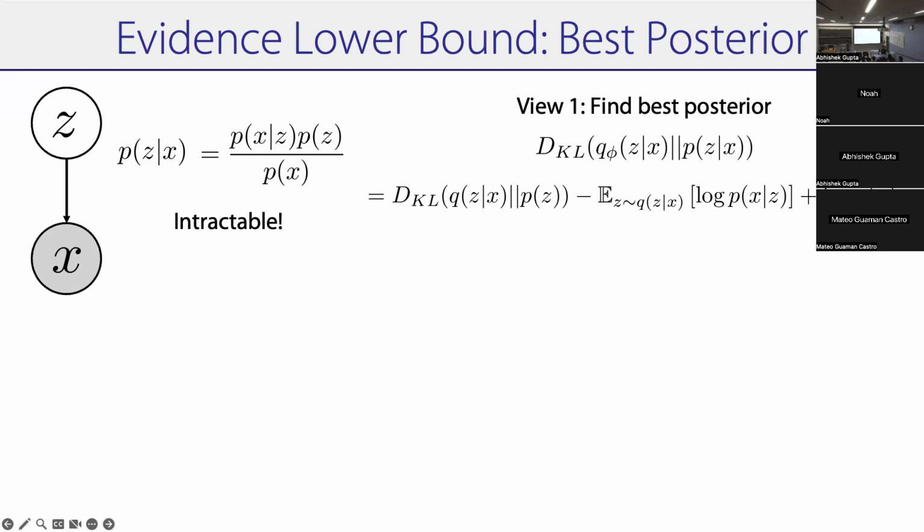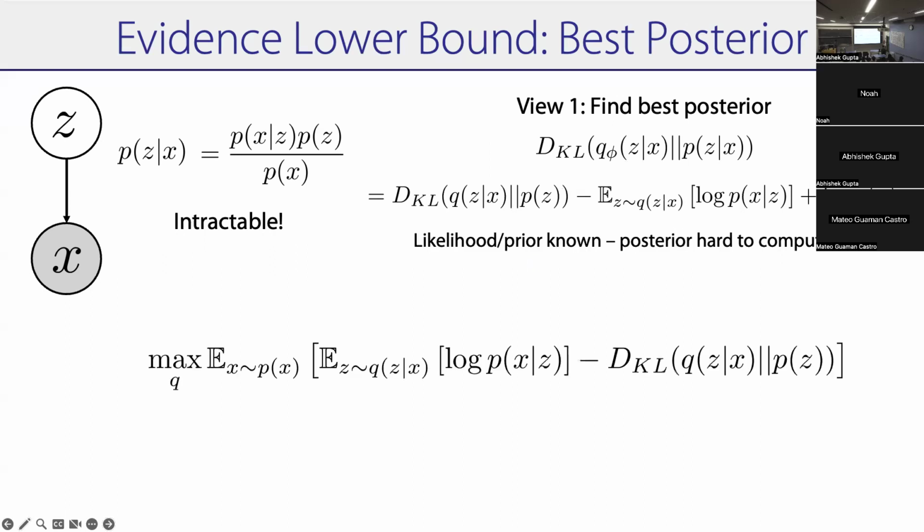But what we learned is that if I want to find the best q, I can just optimize this objective. I can just say, I want to find the max q, optimizing this objective where every entity is known. Right? So you don't have to ever compute this integral in the denominator. Like, you know how to sample from x, that's your data. You know how to sample from q, that's your tractable posterior. You know the likelihoods, right?